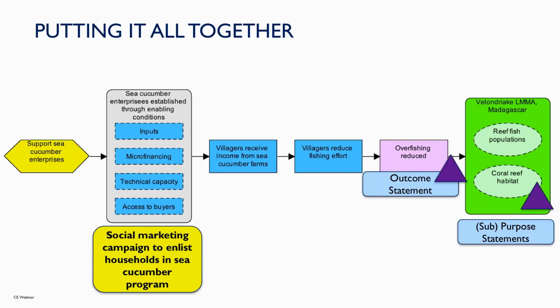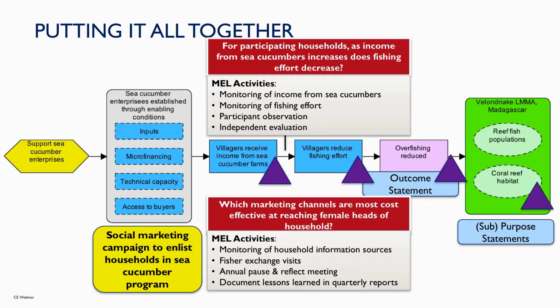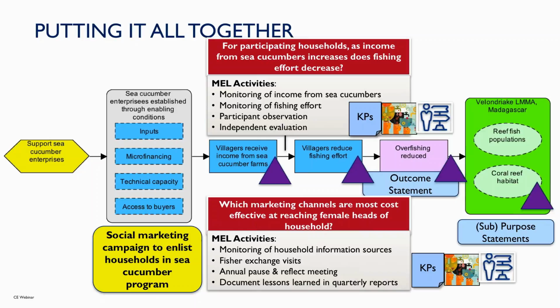So summing this all together, we started with our theory of change and what we were hoping to achieve. We generated some learning questions based on knowledge gaps that we had. Then we identified learning activities that we could use to address these. And then we thought about specifically what knowledge products we want to produce, what activities we want to do, and what decisions we are hoping to inform. And all of this is building towards a different, more CLA approach to monitoring, evaluation, and